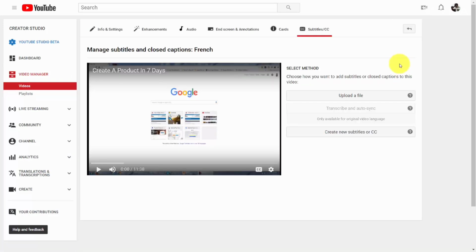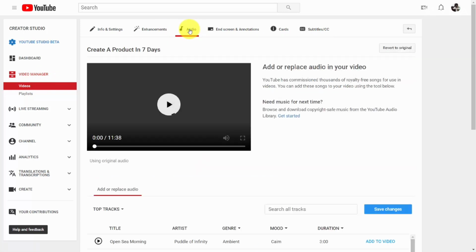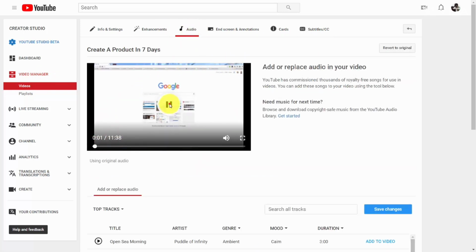Welcome back. Now, depending on what your live stream is and what you're trying to do, another part of the post-production process may be to add music. And you can do that inside of your video editing screen by going to this link that says audio. When you do that, you'll notice that you can add or replace audio inside of your video. Now, you're not going to be able to add anything from your personal computer to your existing video,